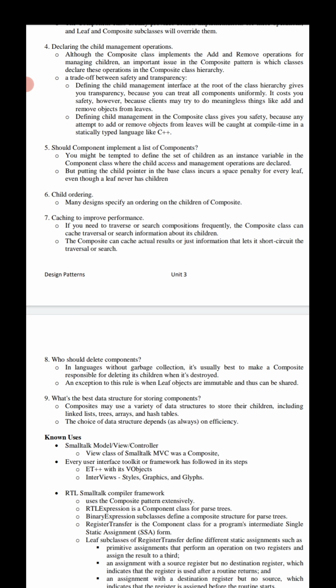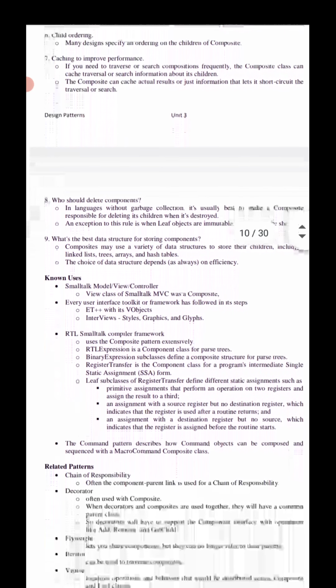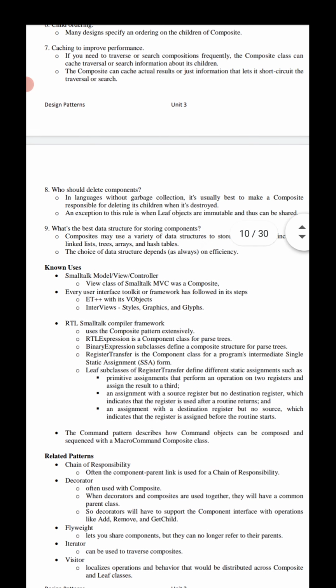Coming to the seventh implementation, that is caching to improve performance. Caching to improve performance means if you need to traverse or search compositions frequently, the composite class can cache traversal or search information about its children.